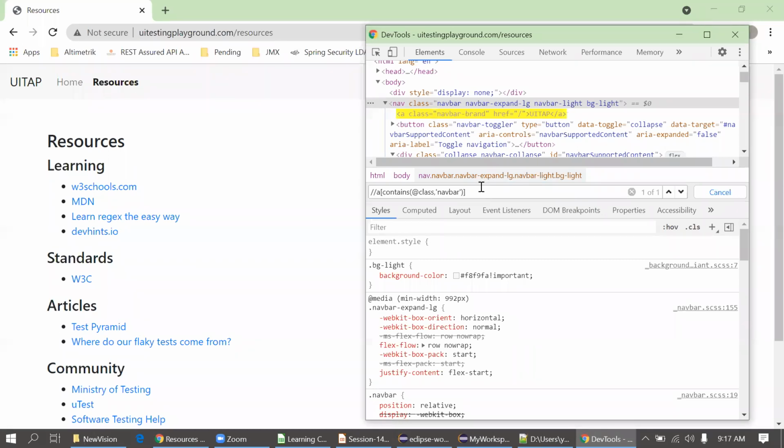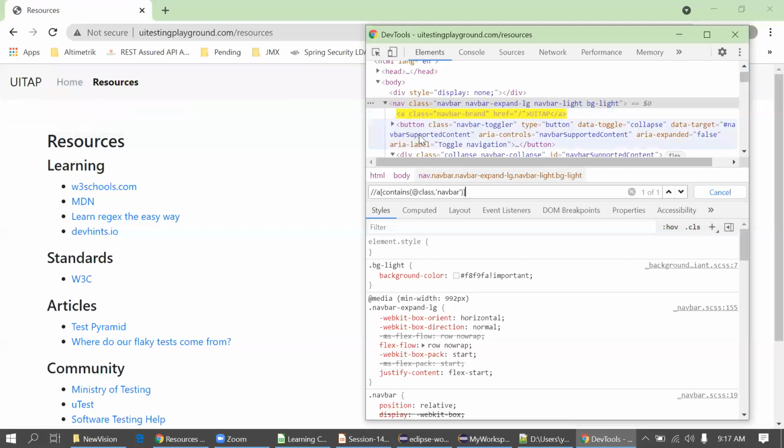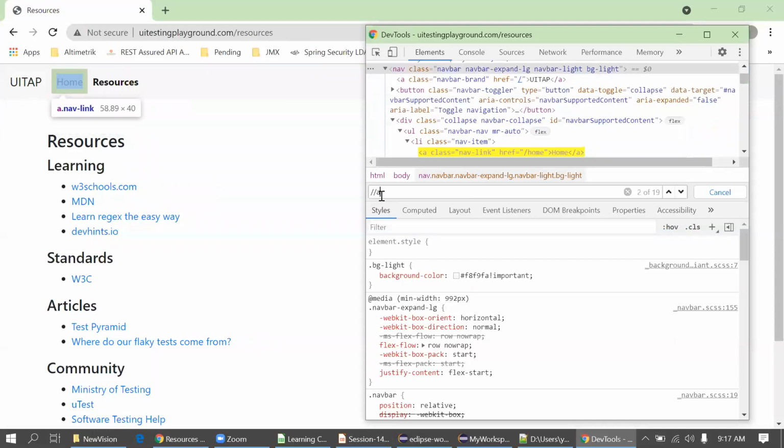I'm getting only one here. Okay. The previous line, the attribute starting with nav, is also having class as navbar, navbar-expand-lg. That's why.